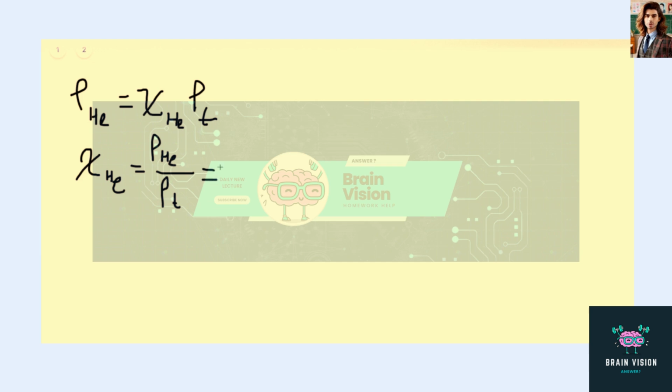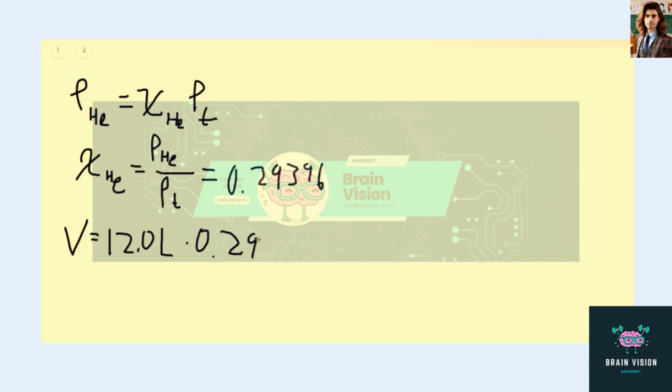And when we plug those numbers in, the partial pressure of helium we found on the last page and the total pressure, we get that the mole fraction of helium is 0.29396. And so now that we have the mole fraction, we can also use that to find the volume of just helium. The total volume is 12.0 liters. And if we multiply that by the mole fraction we just found, we get the volume of just helium, which is